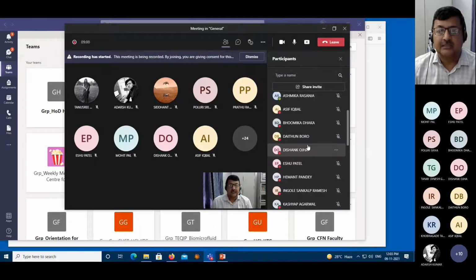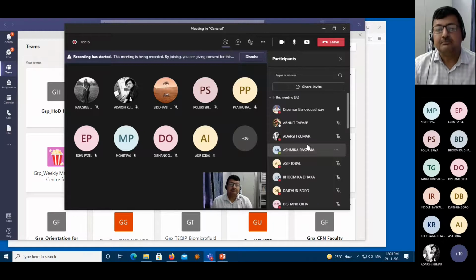Right now, the strategy will remain the same as in the mid-sem. So we will have open-ended questions, and a set of questions will be there for a group of students, and then you have to give us unique answers. The pattern remains the same for all of you. This is point number 1.